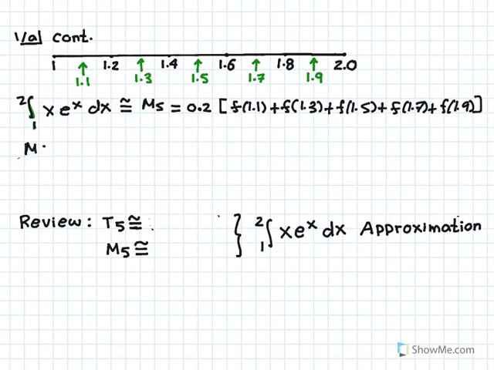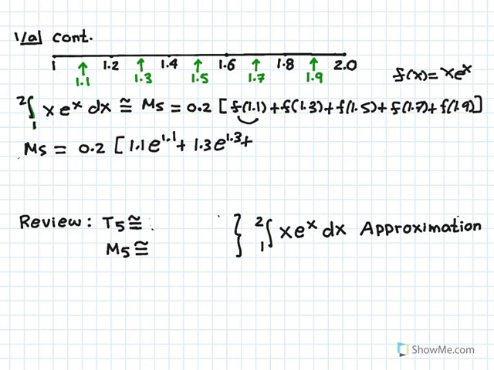So M5 is equal to 0.2 times f of 1.1. Well, f of x is x e to the x, so let's substitute 1.1 and we get 1.1 e to the 1.1. And f of 1.3 is 1.3 e to the 1.3. f of 1.5 is going to be 1.5 e to the 1.5. f of 1.7 is 1.7 e to the 1.7. f of 1.9 is 1.9 e to the 1.9. M5 comes out to be